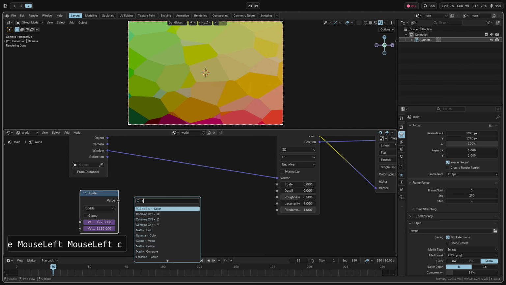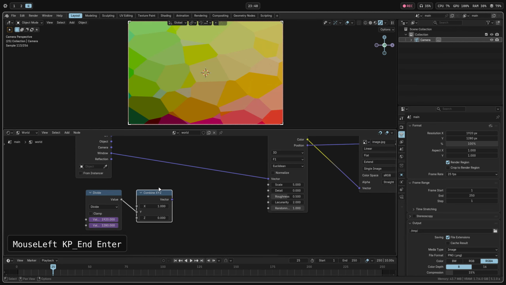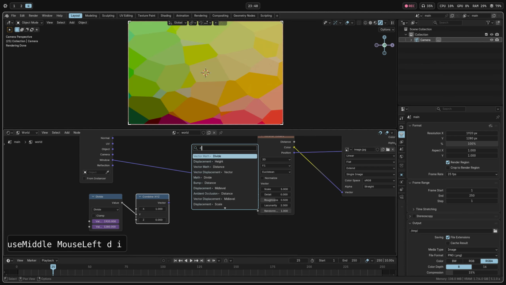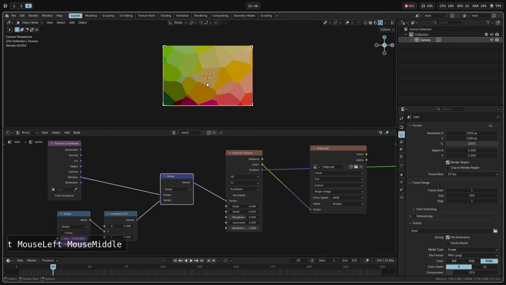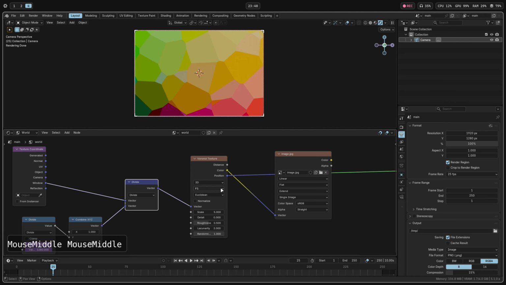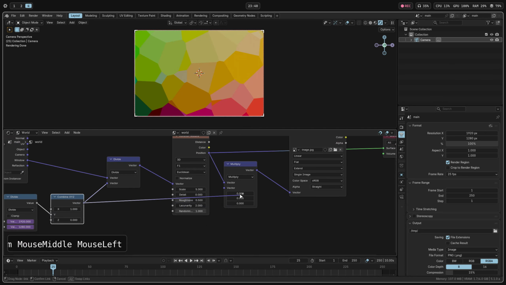Let's plug it into combine XYZ, make x 1. And now this value is larger than 1, so we'll need to actually divide by this vector. And you can see it's nicely uniform, but because we are stretching the coordinates, we need to take them back before plugging it into the image. So let's do multiply now by the same vector,